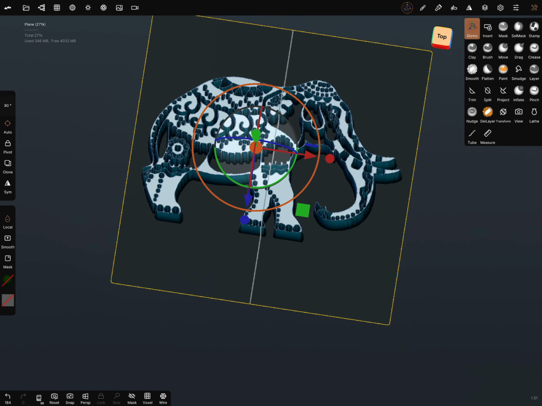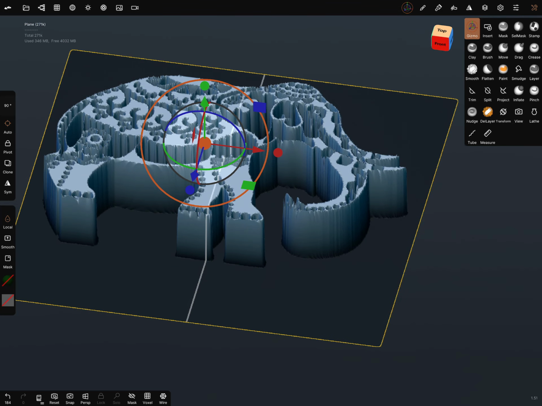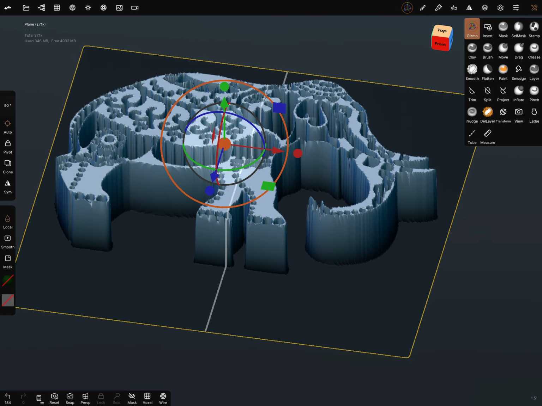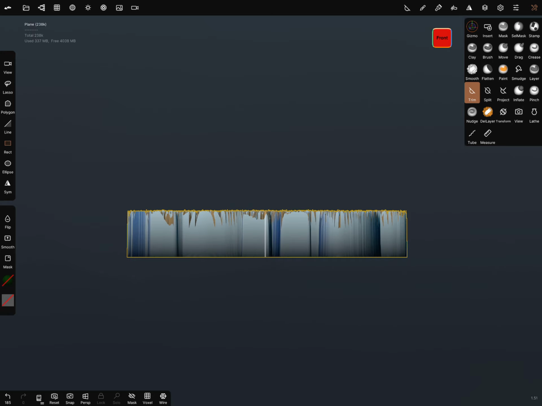the higher the resolution of the stamp or the brush shape, the better is the result. You can trim this. For example, I'll make this.